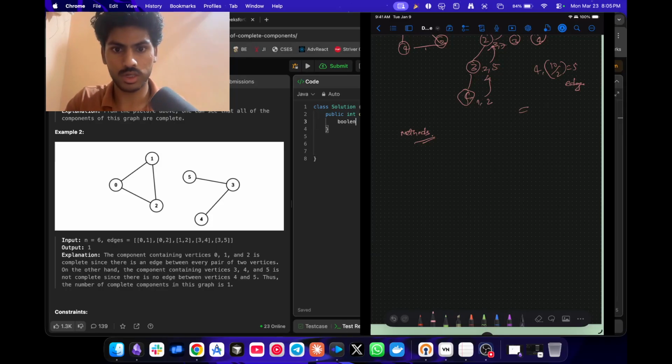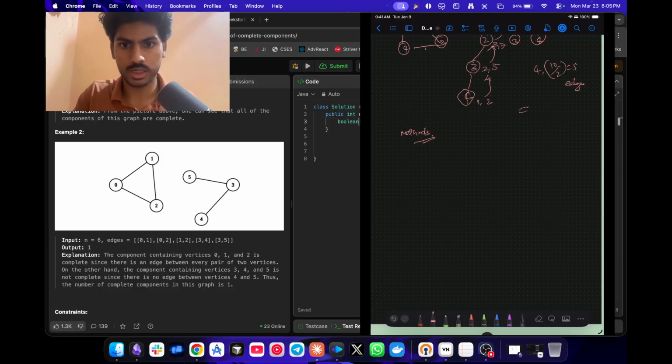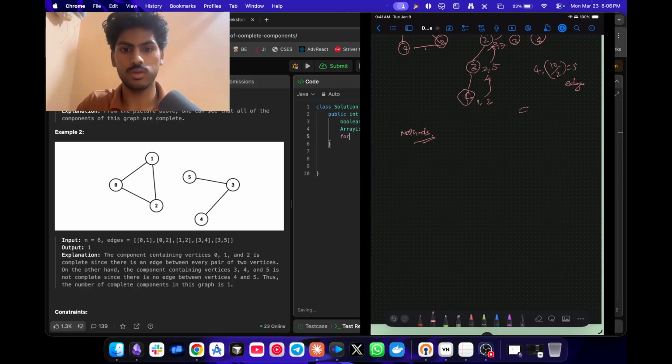So we will make a boolean array visited, boolean will be of size n. What we will do next, we have to make a graph. Since these are edges, we'll make a graph. What will graph be? We will use array list of integer array graph, array list array of size n. Very simple. Next, what we will do, we will initialize this array for int i is equal to 0